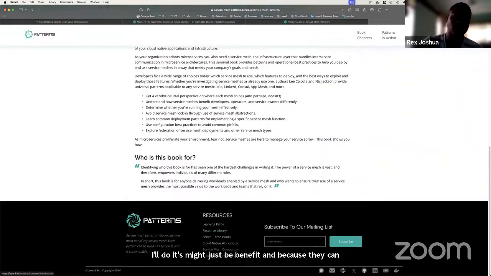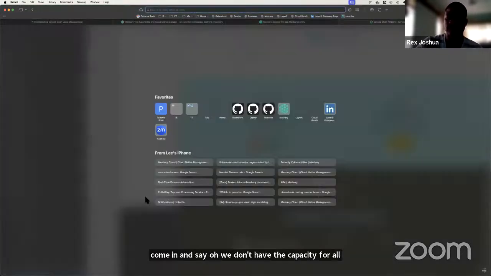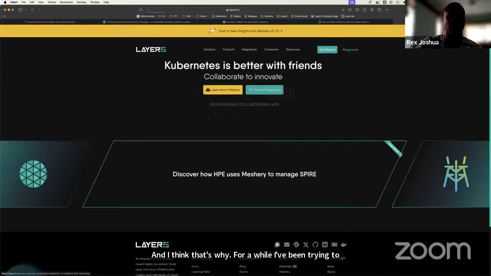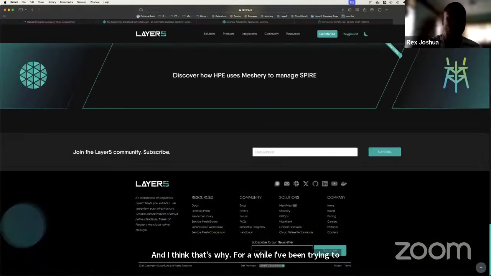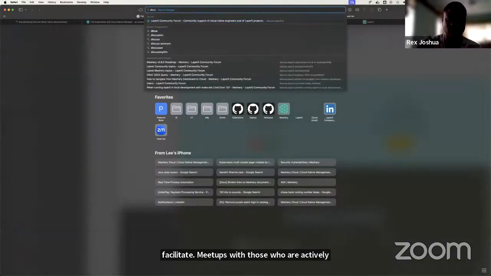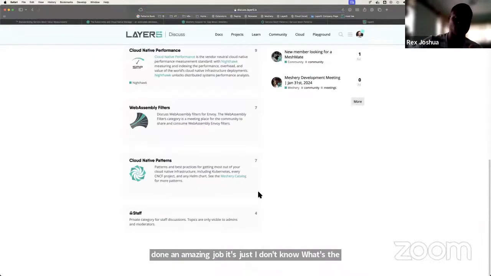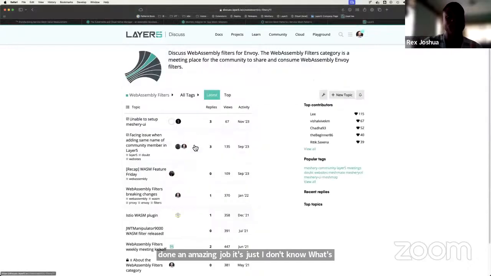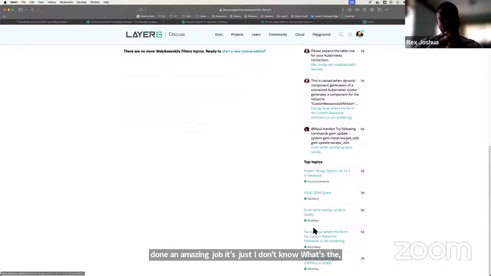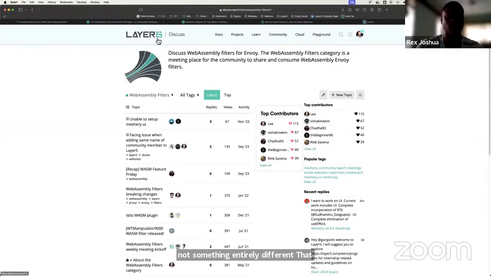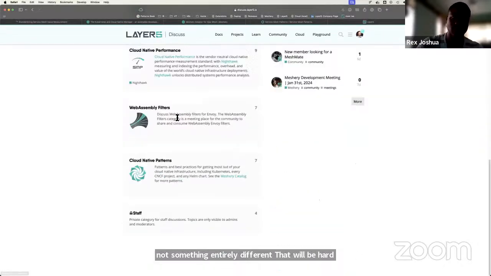That's why for a while I've been trying to facilitate meetups with those actively involved in the back end, making sure the code base is in order. They've done an amazing job. It's just that I don't know what the limitations are or where to supplement what they already have, so that it's not something entirely different that will be hard to bring to life eventually. Do you understand?